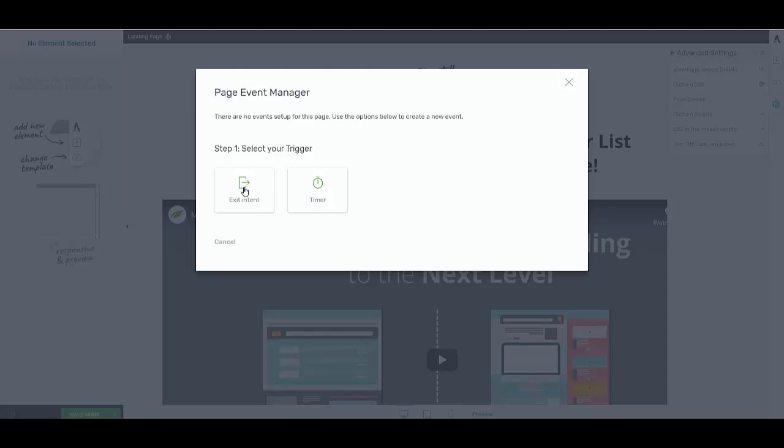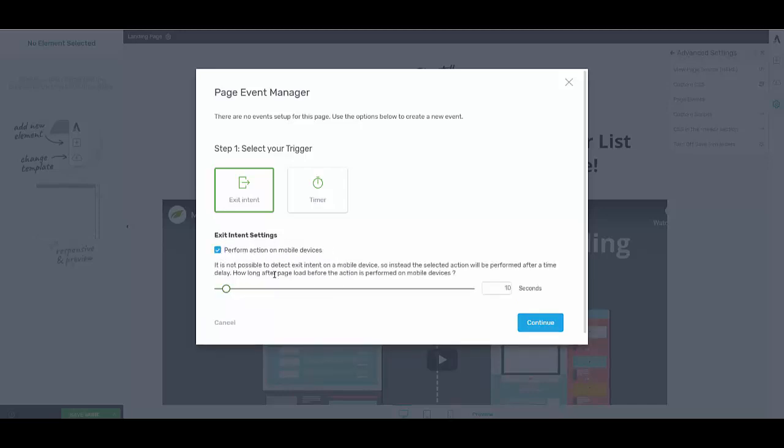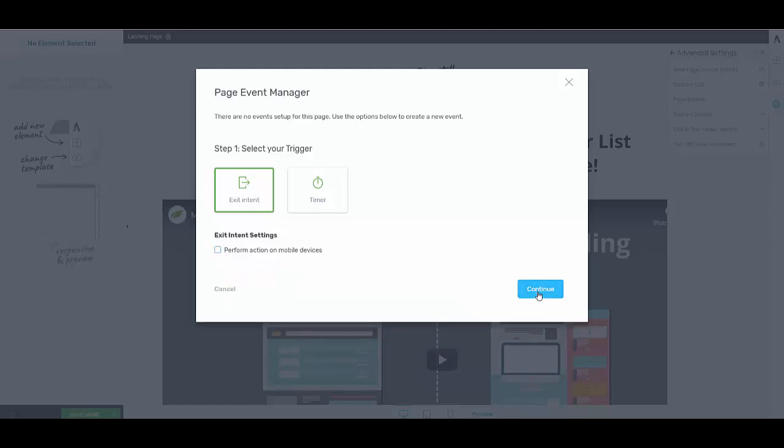So what we're going to do is we're going to choose exit intent. We don't want a timer, we want the exit, so that when someone goes to leave, our pop-up appears. Now this box here, perform action on a mobile, because there isn't a mouse cursor on a mobile or an iPad, you can't use the exit intent because there is no mouse to leave the page. So if you were on a mobile, you would have to perhaps drop this down to about 7 or 8 seconds so that the pop-up would appear after that time. But in this instance, I'm not actually going to set that, so I'm just going to click continue,